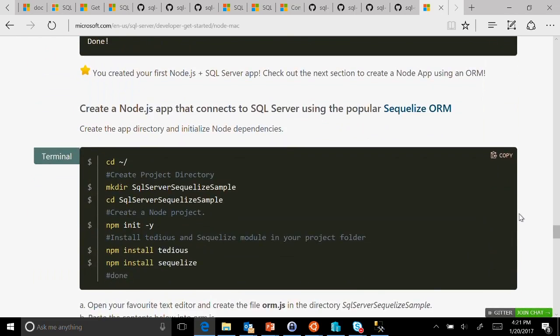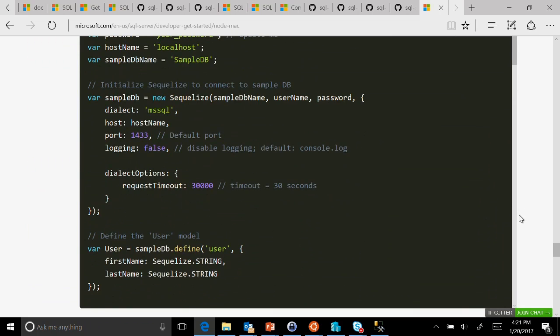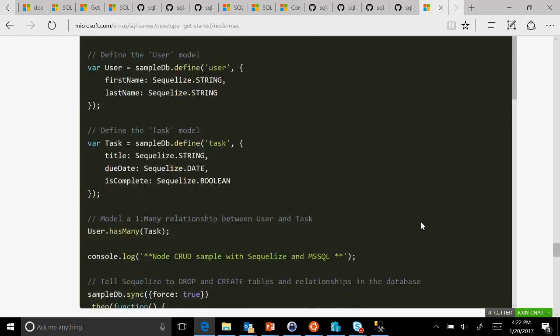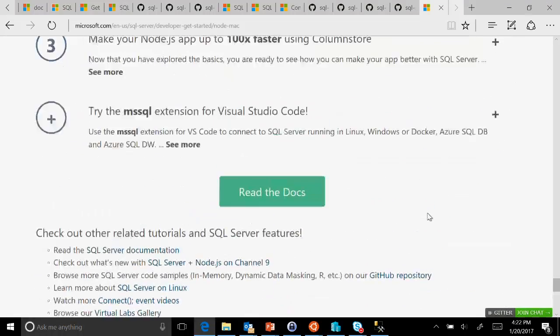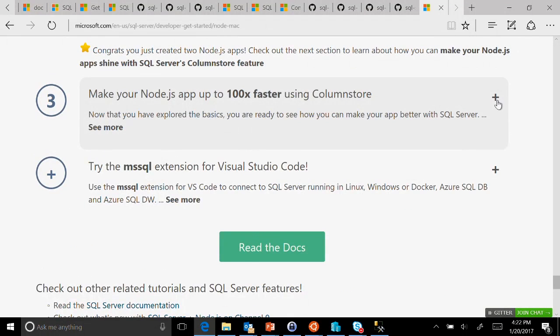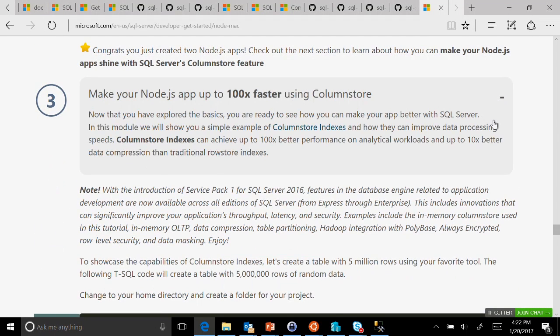And then the last step. Again, with the samples, you can stop at any time, right? They just progressively get more complicated. The first thing just connects and disconnects, and then it creates a table, and then does inserts, and so on and so forth. And then the last part is, what if I want to do something more interesting?